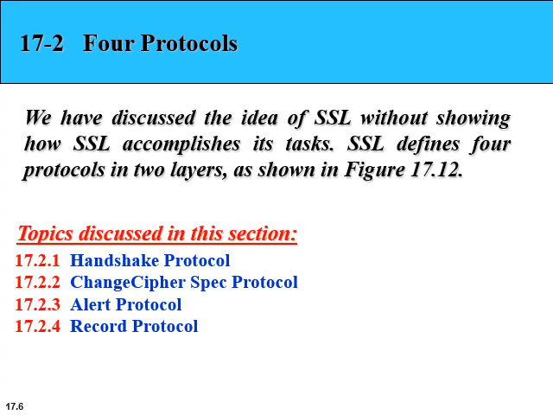There are basically 4 protocols that SSL uses to provide security throughout the message communication process. One is the handshake protocol, second is the change cipher specification protocol, third is the alert protocol, and fourth is the record protocol. As we know, there are three important things that we need to maintain throughout the message communication process: authentication, integrity, and confidentiality. All these protocols take care of these things.